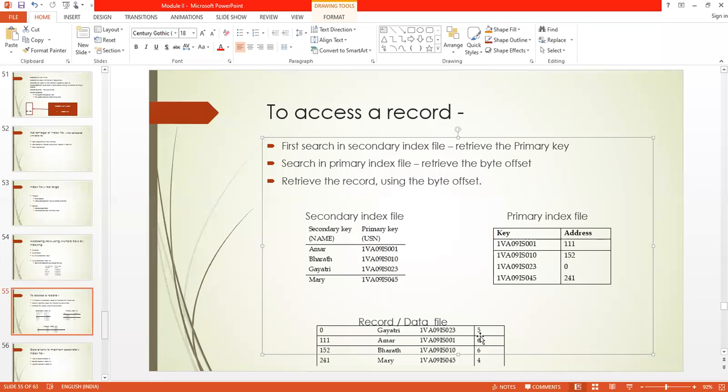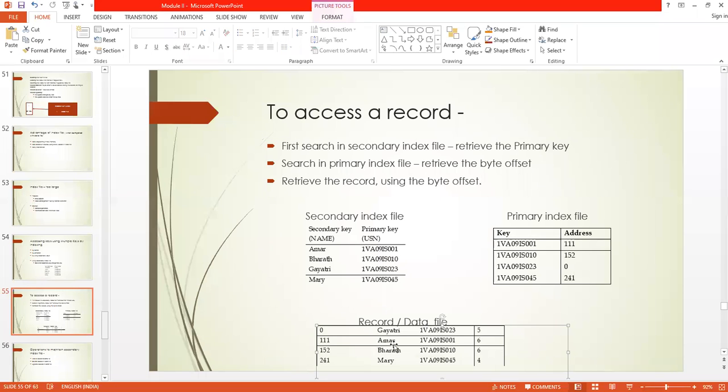Now remember that the data file or the main record file is entry sequenced. Means when a record comes, I'm just entering it at the bottom. I'm not sorting the record file or data file. As and when the record comes, it is just placed one below the other.